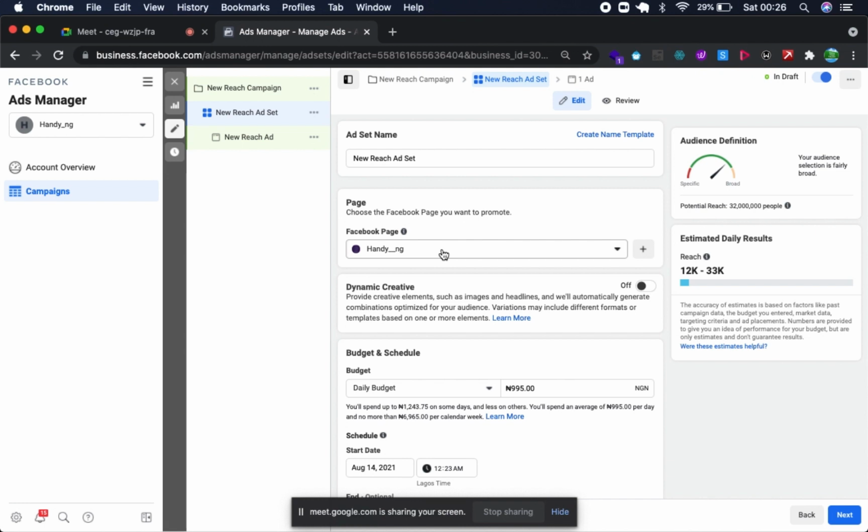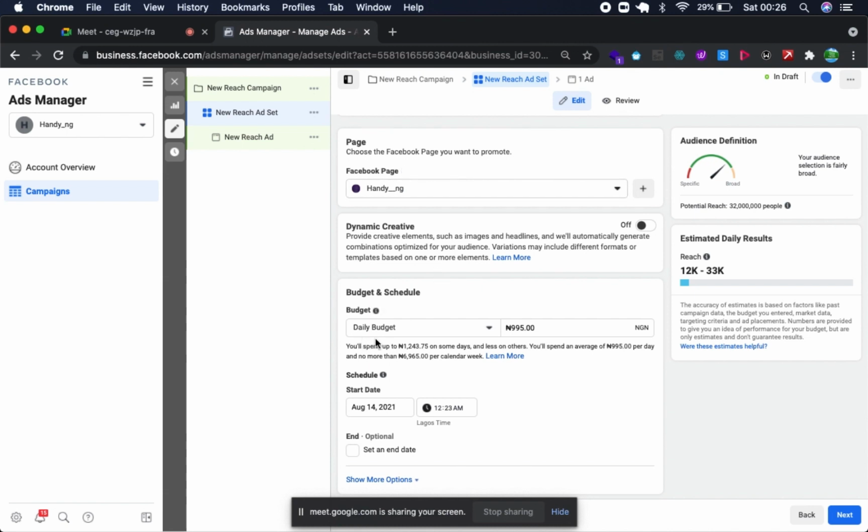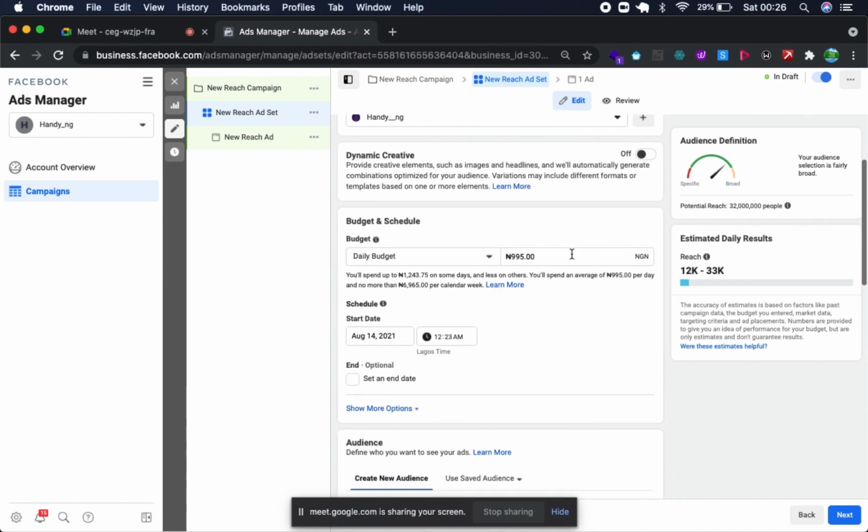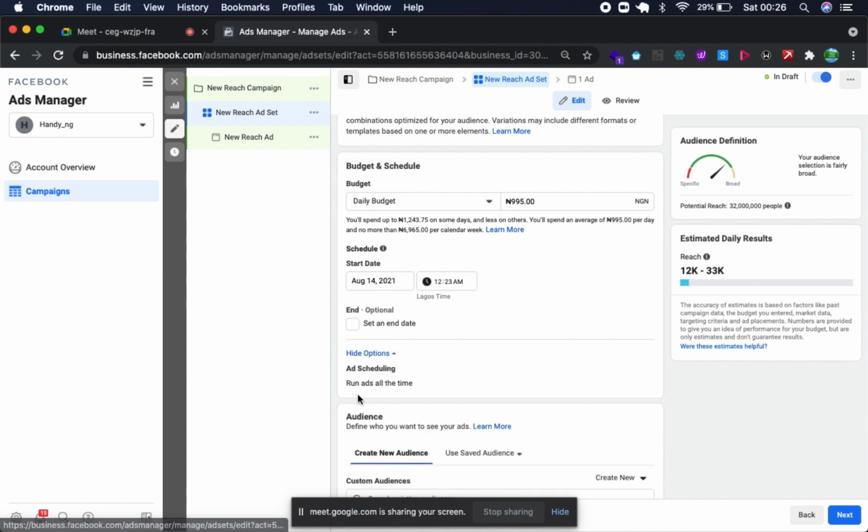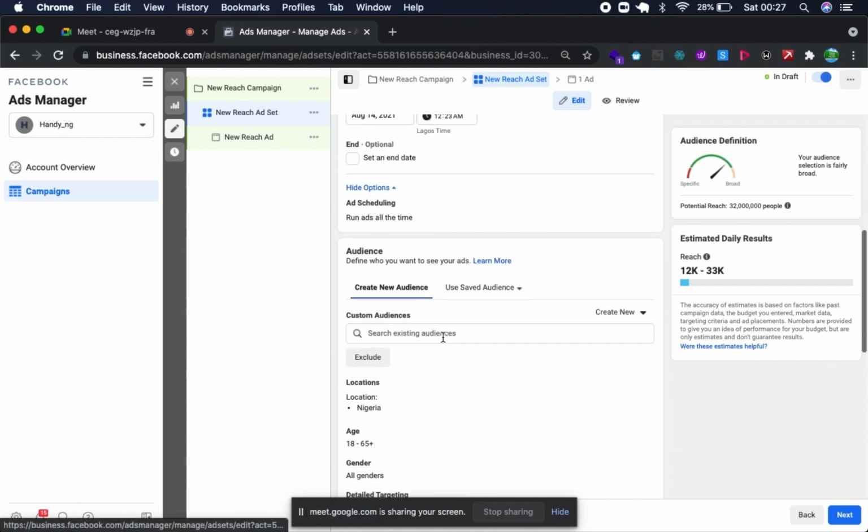One of the most common use cases that I use ad set for is to segment between platforms. We have Facebook and Instagram, for example. I've used one ad set for Facebook and one ad set for Instagram. It's something I've grown used to, and you can use it in any of your use cases, but that's how I use it for my Facebook page. This is the dynamic ad I was talking about here, but we're not going to go there today. So let's leave the budget at 1K here, and let's leave the scheduling. I want it to run at all times, so we're going to create our audience here.